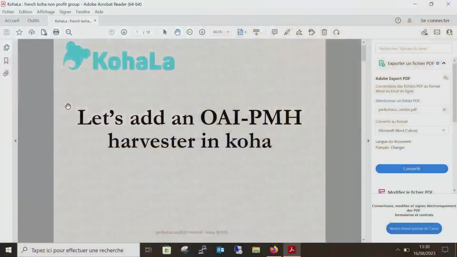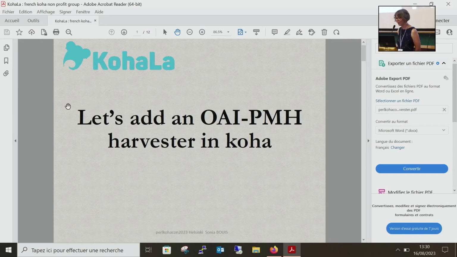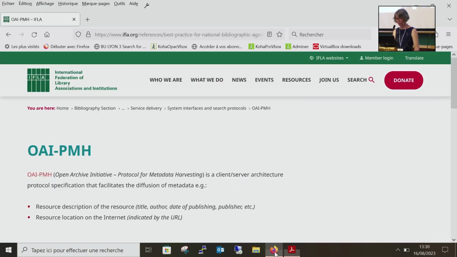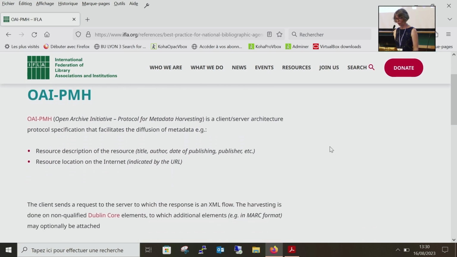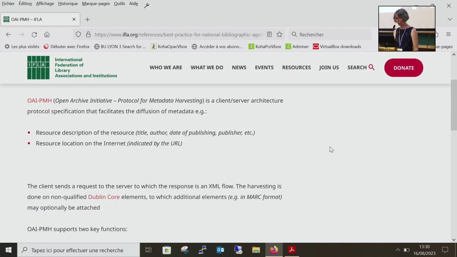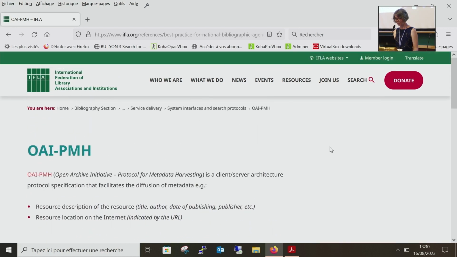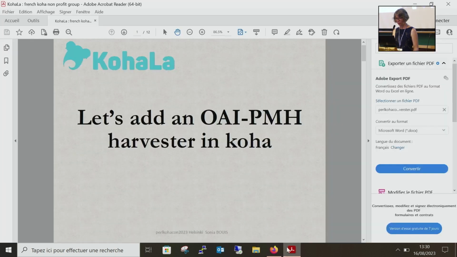So if you are expecting that, no. Just in a few words, it's a protocol to exchange metadata in XML format. And there's a nice presentation from IFLA, so don't hesitate to watch this page if you want to know exactly how it works.